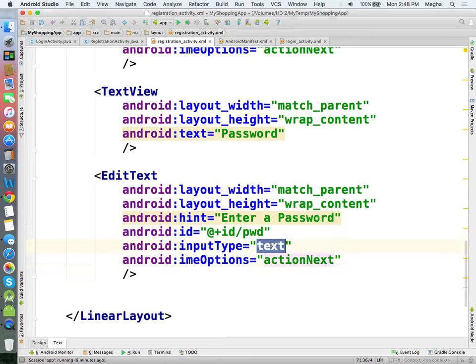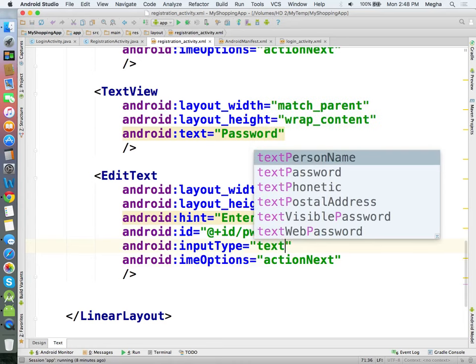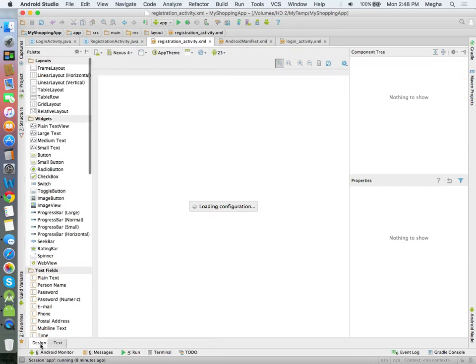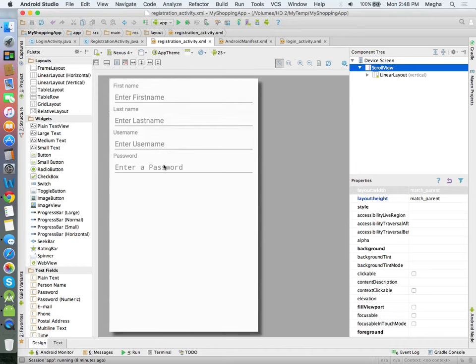And input type should be text password. Password created. What else? Let me see how it looks. Okay, only 4 fields.